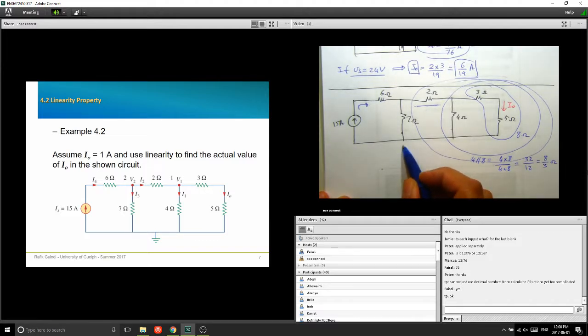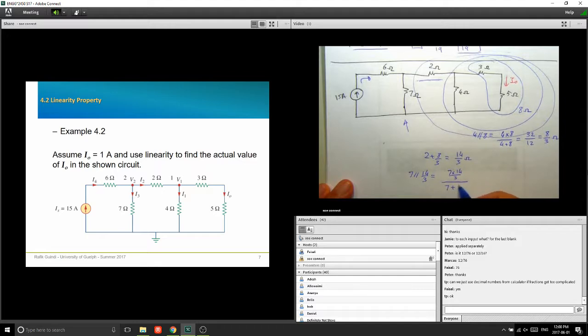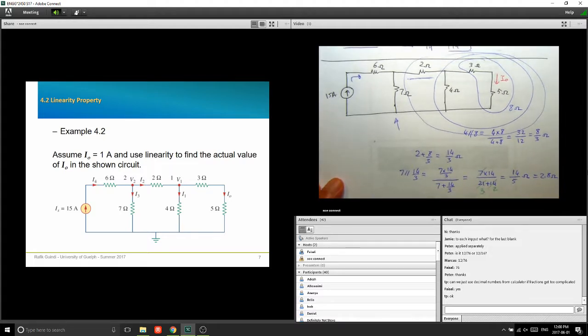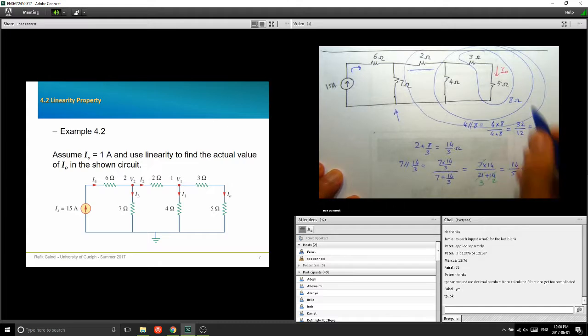In parallel with 7. So you have 7 parallel with 14 thirds. That's 7 times 14 over 3 divided by 7 plus 14 over 3. That's 7 times 14 over 21 plus 14. So if I'm going to divide by 7, I get here 2 and I get here 3. That's 14 over 5. Okay? Just 2.8 ohm. And finally, the whole big thingy becomes